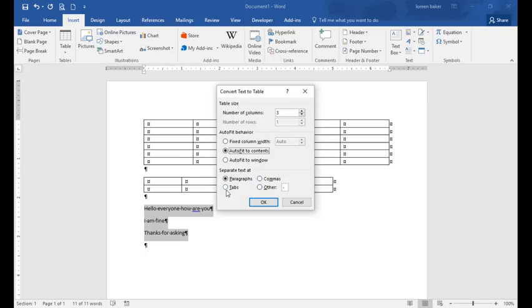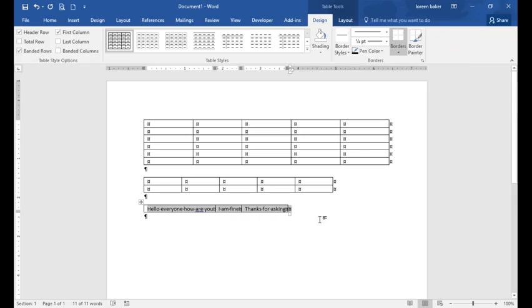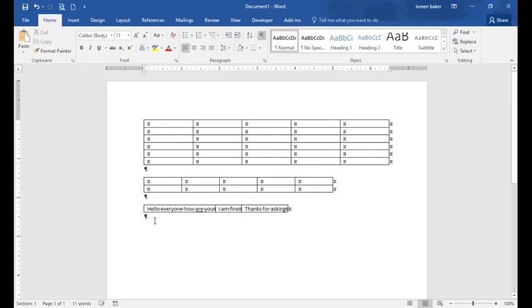Some people put commas, tabs, or some other code. I click OK, and you can see that the very first cell is as wide as my contents. The second cell is as wide as its contents, and the third is as wide as the third paragraph. So you can have it not equal as well. Those are different ways that you can use the insert table dialog box with its settings to create a table